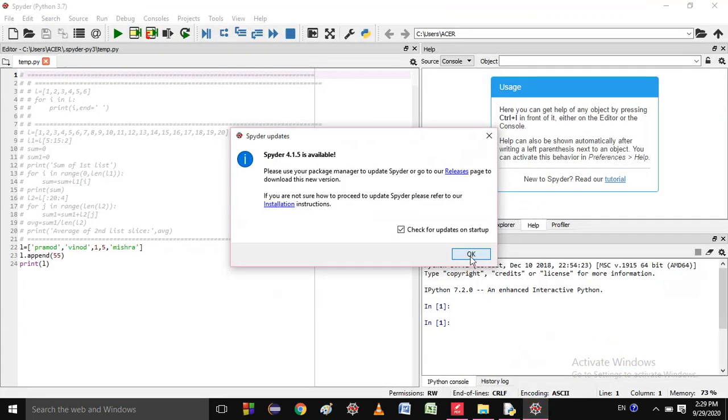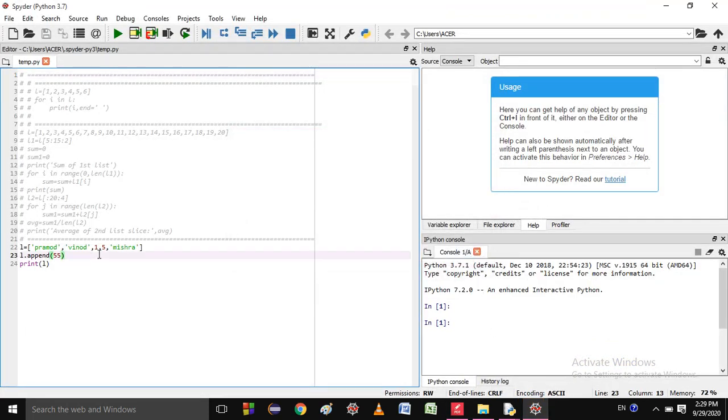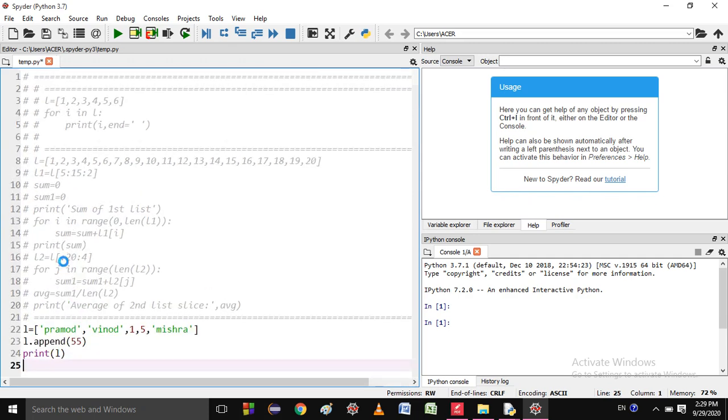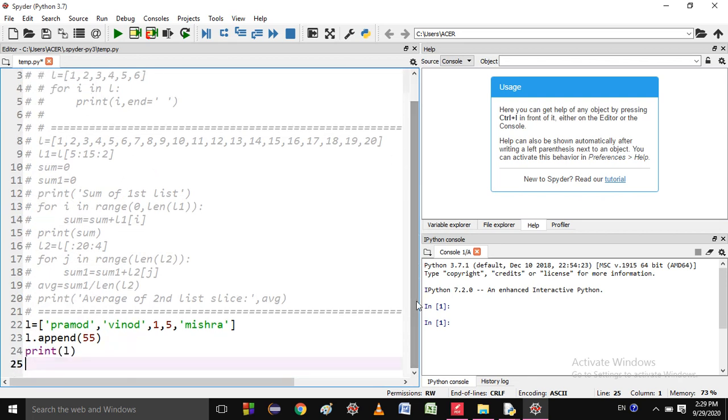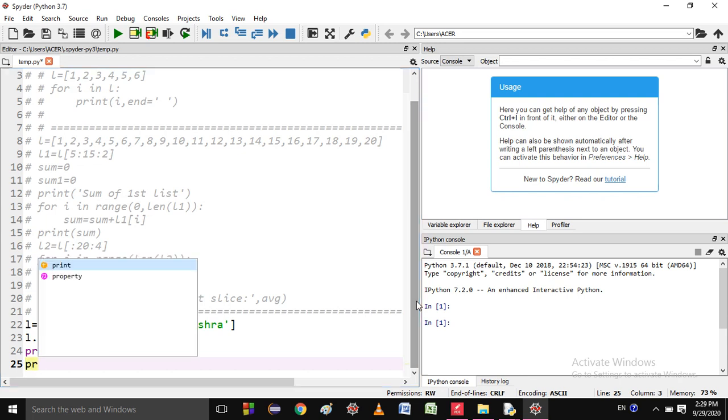So this is Spyder. So you can write. I have some code already written. Suppose I'm writing here, let me show you. Why am I denying you, or why am I suggesting you do not use it? If I write print pr, then it shows you can write print, you can write property.